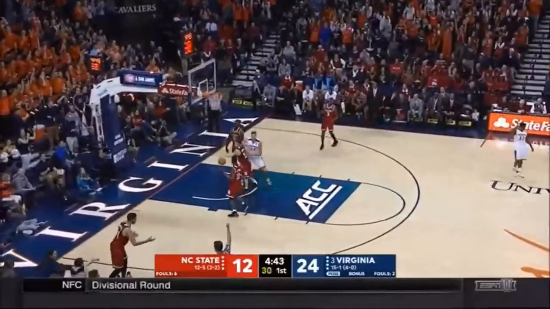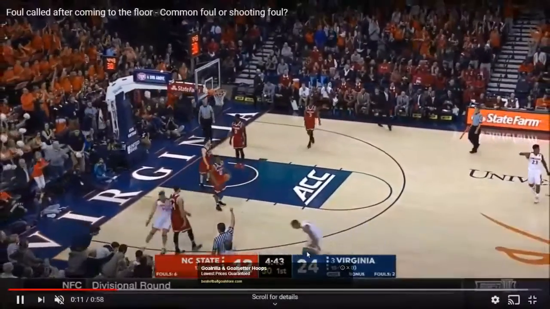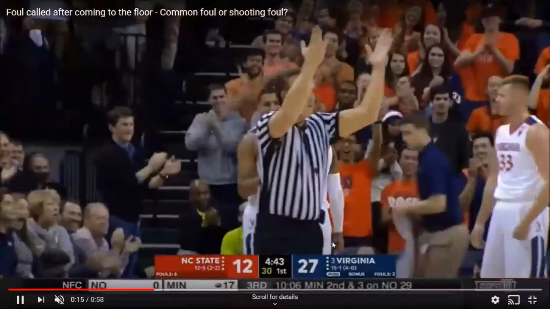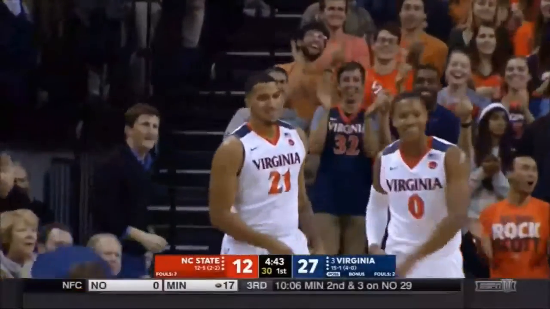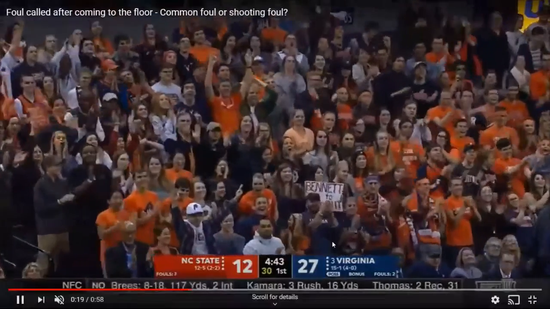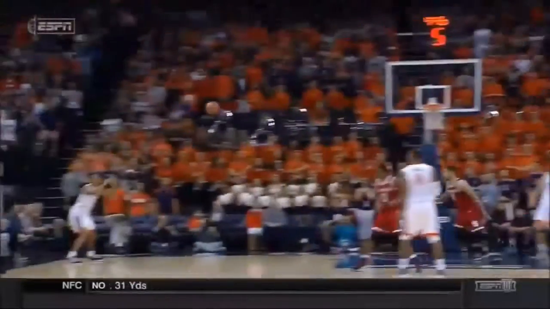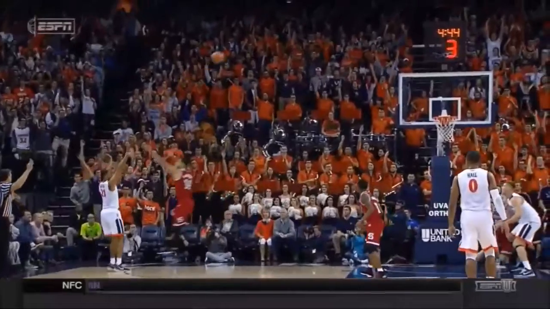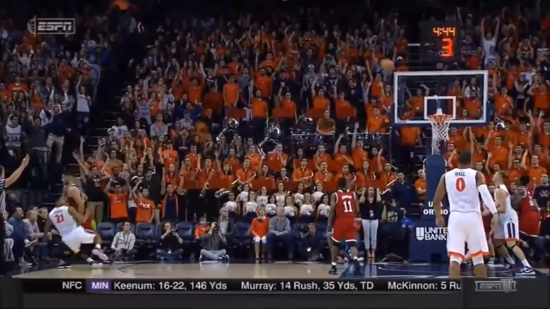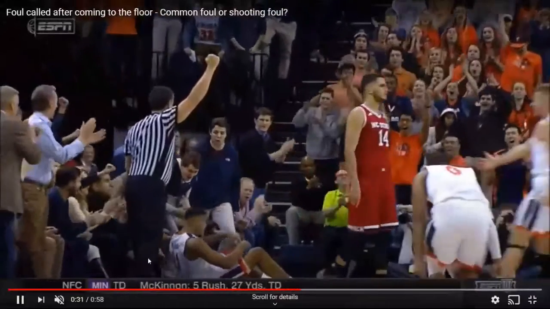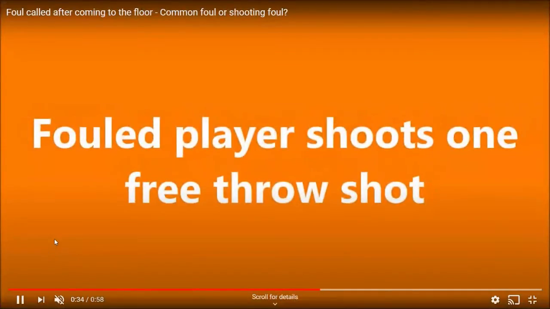All right, so we have a shot from the corner by White. The center official does a great job staying with the shooter. But let's see it from another angle. It's going to show it from the side here. The shot is taken, the shooter returns to the floor and gets barreled over. Now, that's a little bit slowed down.